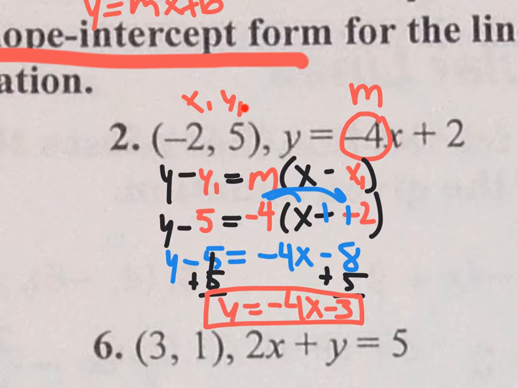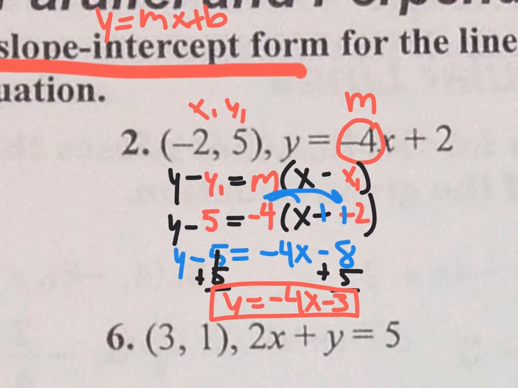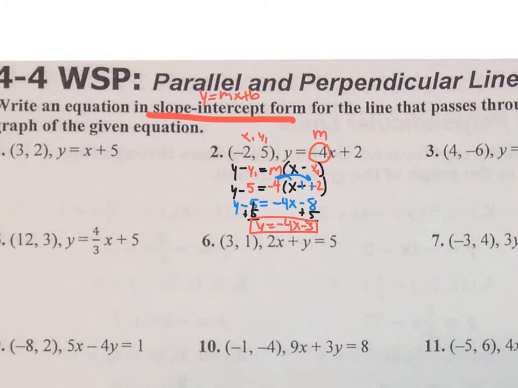The only difference was they gave you a point and they said m equals. Right here you got to understand what parallel means. Parallel means that they're giving you that same exact slope. Now, all of these will be done that way, but the other half of this homework assignment, if you look down here,